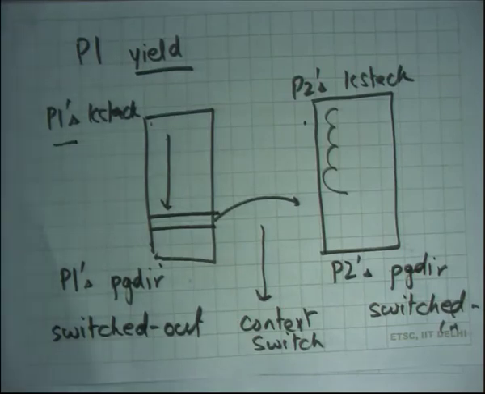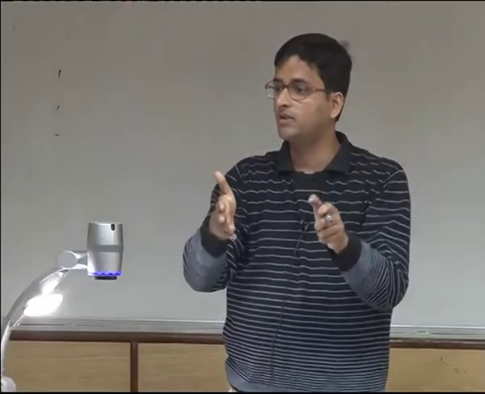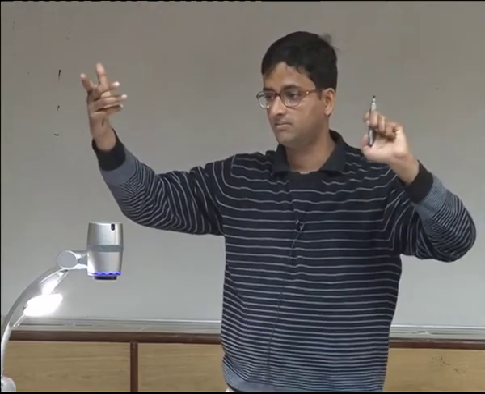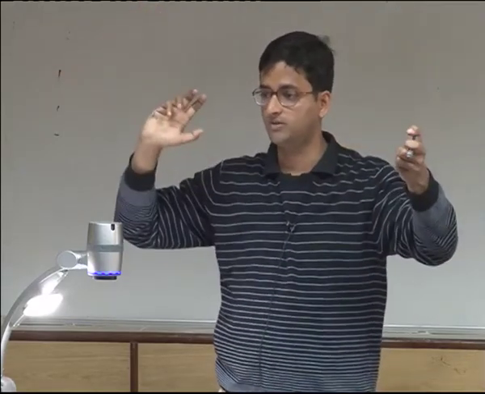The previous case was a voluntary context switch where somebody called yield. This is an involuntary context switch where a timer interrupt occurs and the scheduler decides that you need to be switched out because you've been running for long. So the handlers are same for both? Are the handlers same? No, they are roughly calling the same functions at the end, but initially they are slightly different. One is a system call, one is not a system call. Okay. All right, very good.